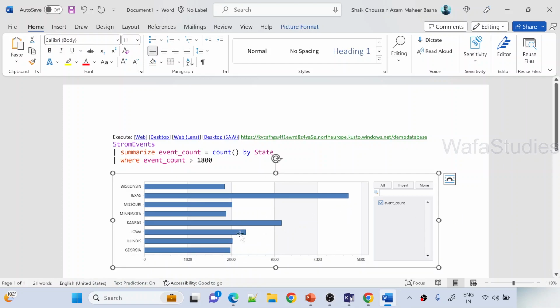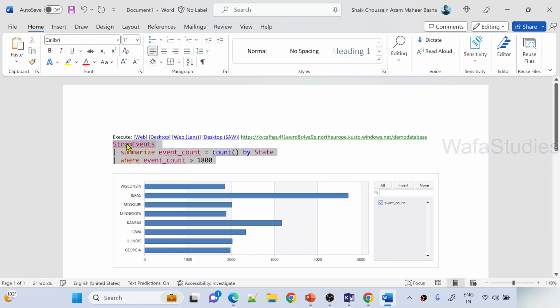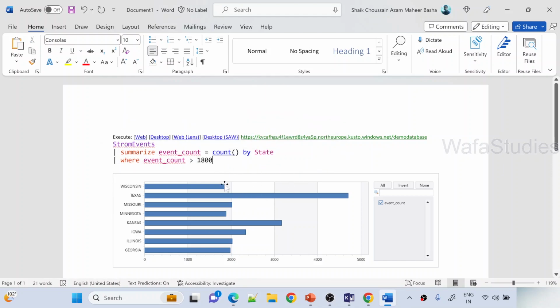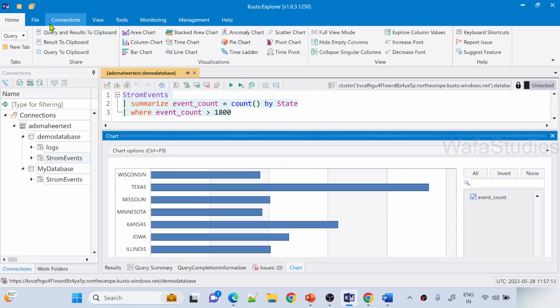Okay, because visuals will be pasted as images, and your queries will come as text here. You can still copy these queries and execute them in the clusters wherever you are. So whatever analytics you performed on your data, you can directly copy those queries and results using this icon. Under the home menu, using this copy query and results to clipboard is a very helpful feature